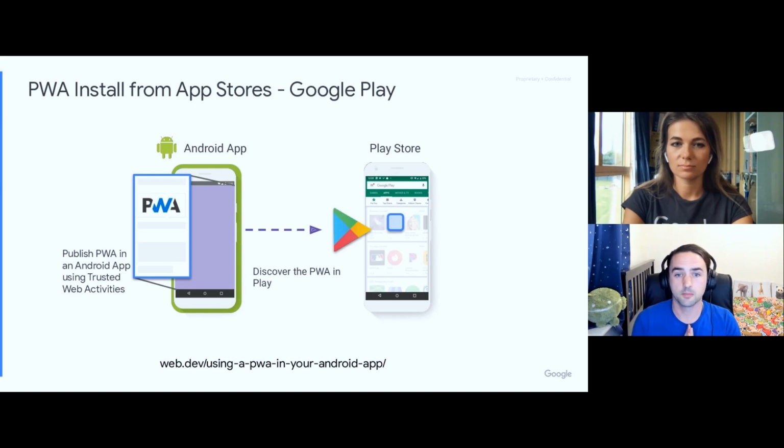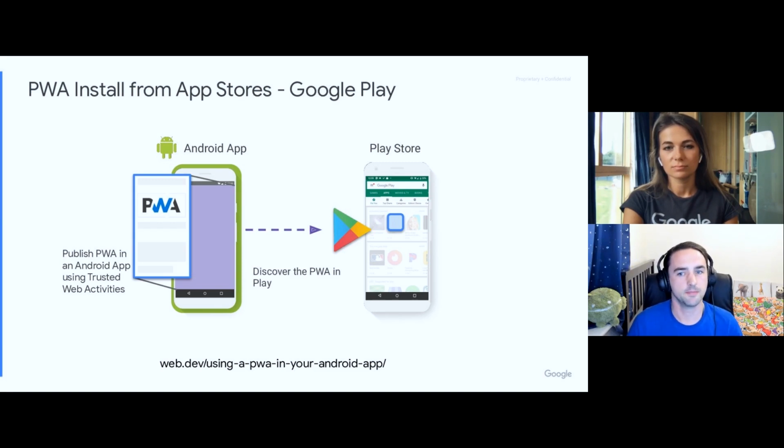And as well, progressive web apps can be published to the Google Play Store and discovered alongside any other app listed there. A PWA published in Play is like any other Android app, except it's built with the web. These apps are great for users as they're really small in file size, generally under 2 megabytes, which is tiny for an Android application and is great for storage-conscious users.